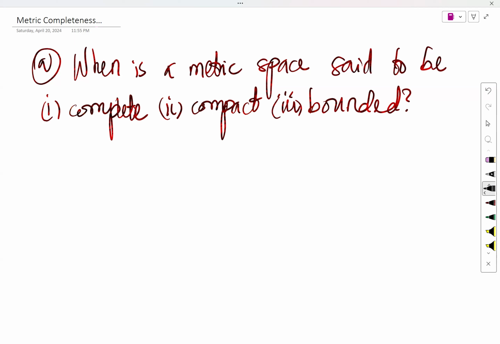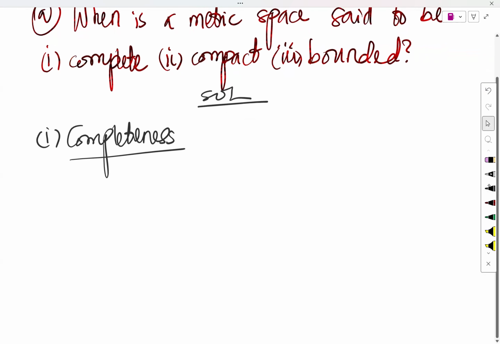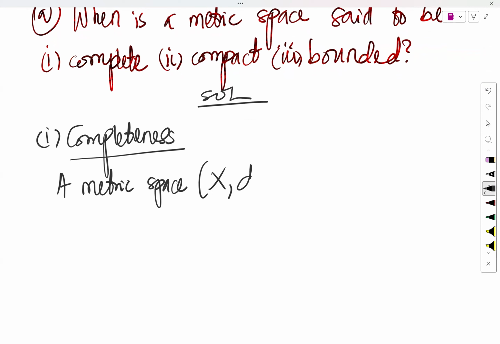So the first one is this, right? We are talking about completeness. And for completeness, you can say that a metric space (X, d). X is the space, whether it's the real numbers or anything, mostly the real numbers. And d is the metric itself. That's a distance function. So a metric space (X, d) is said